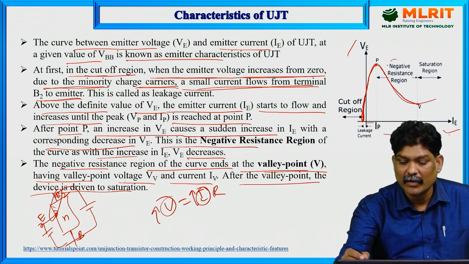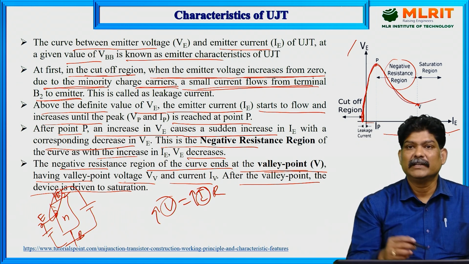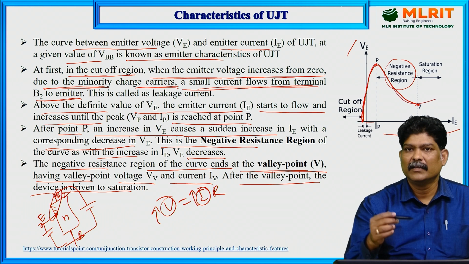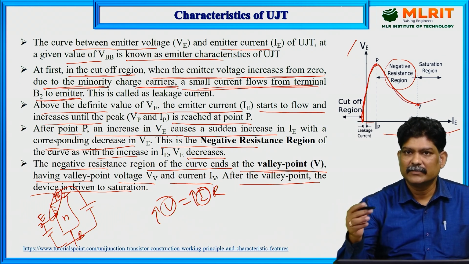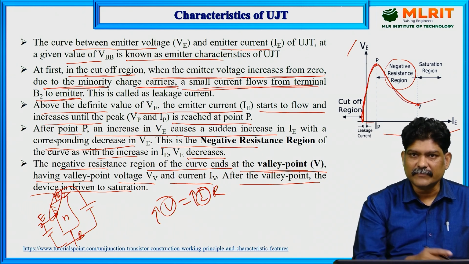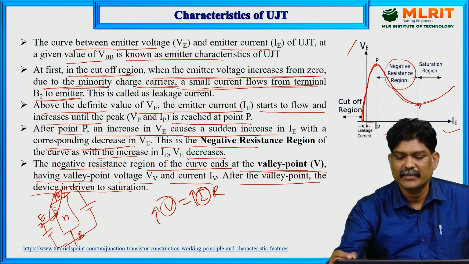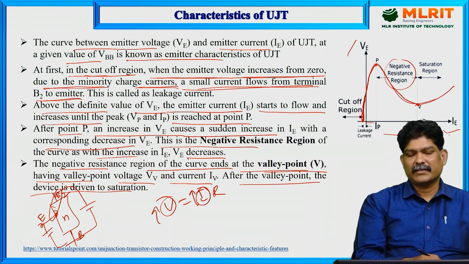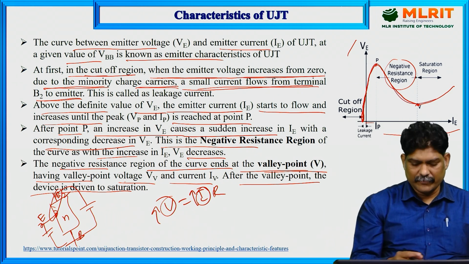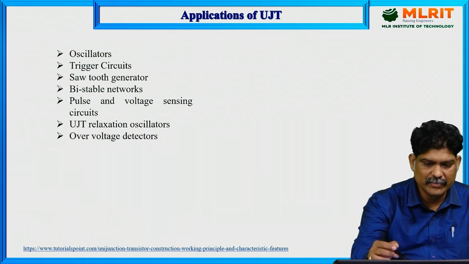And this region is called the negative resistance region. After that valley point, it will reach some saturation point. If you further increase the voltage or the emitter current, there is again a linear relation between input voltage and current. So after saturation it acts like a normal p-n junction diode's forward bias characteristics. So these are the VI characteristics of the unijunction transistor. Now coming to the applications of the unijunction transistor,